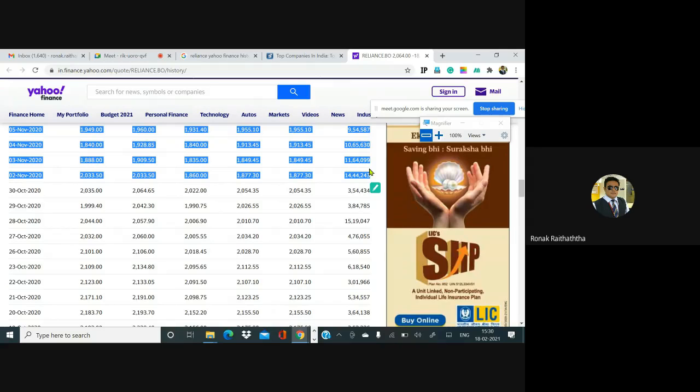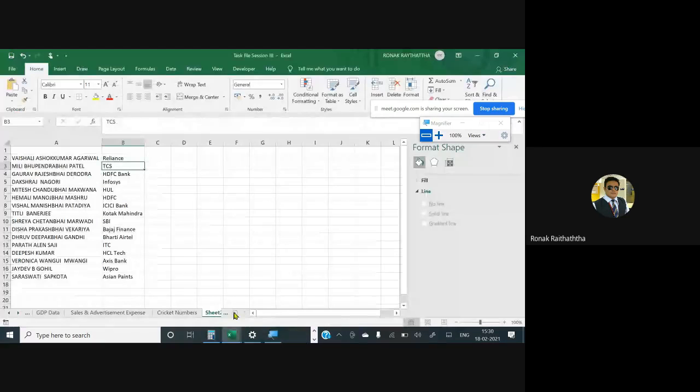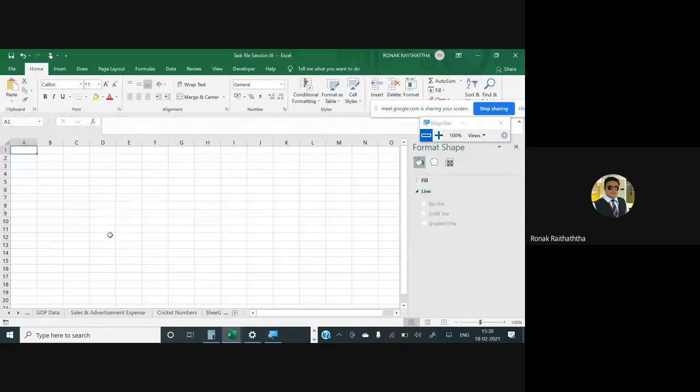I hope everyone is doing it along with me. Then you just press the Control C, yes or no. Once you do the Control C, you want to paste it somewhere. Say I want to paste it at a different worksheet. I would be going to the paste special by using the shortcut key, starting with Alt